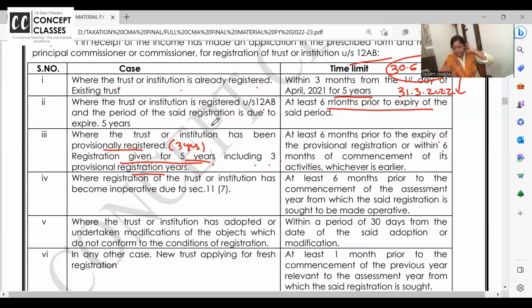Those who have come just for amendment are last batch students. The first 2 amendment lectures are already there on YouTube. They are common for all of you. Please go through that. There are some very important amendments in TDS. TDS is not in your CMA final material anywhere, but it does come in the exam.